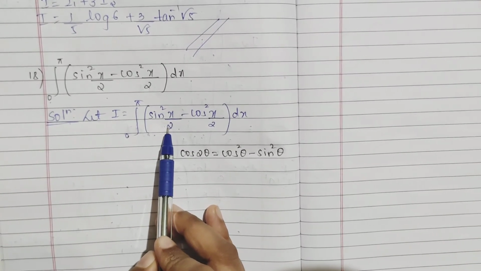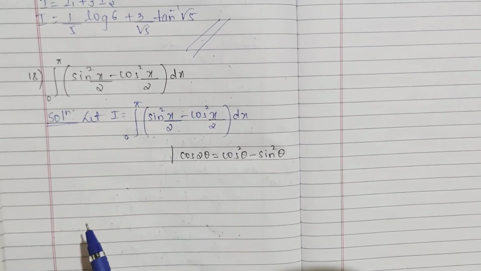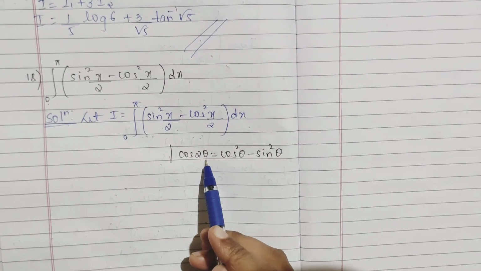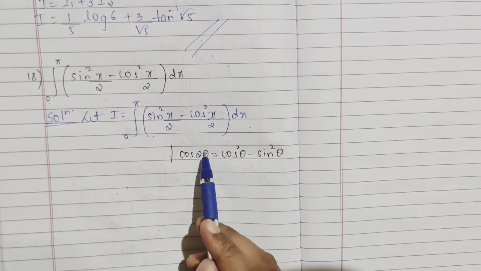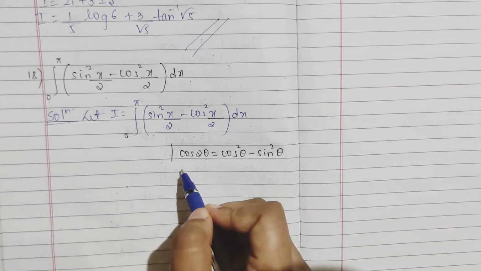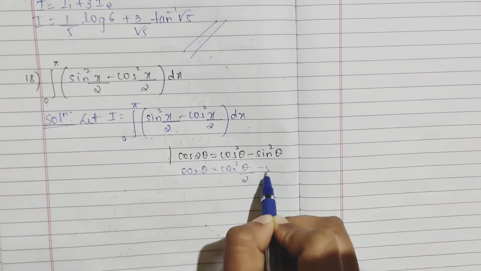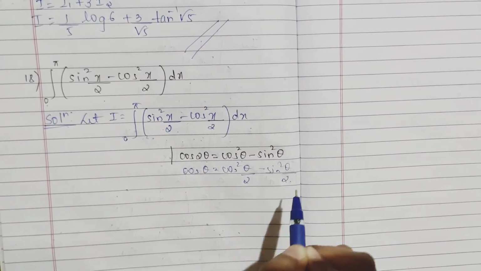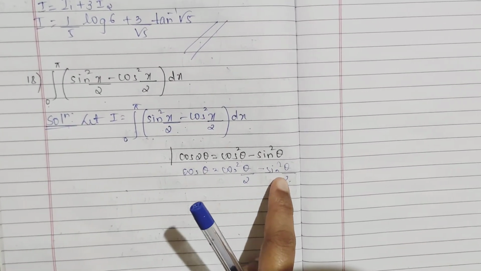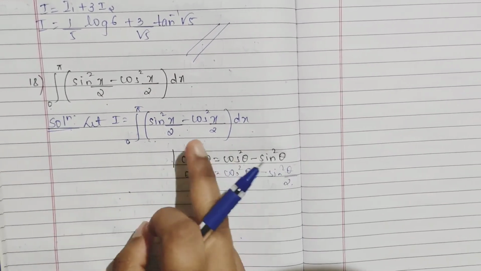You will have this in your PUC first year also, we call these half angle formulas. In place of theta, what is it? Theta by 2. So 2 if you cancel, you will get theta only, right? In place of theta, it is theta by 2. So how is it? Cos theta is cos square theta by 2 minus sin square theta by 2. It is the same form. But here they have given sin square x by 2 minus cos square x by 2. They have given it ulta, I mean opposite.